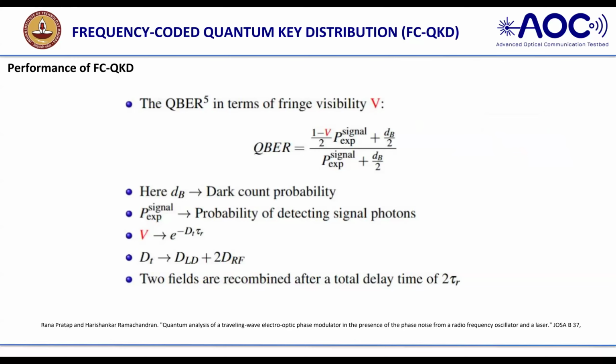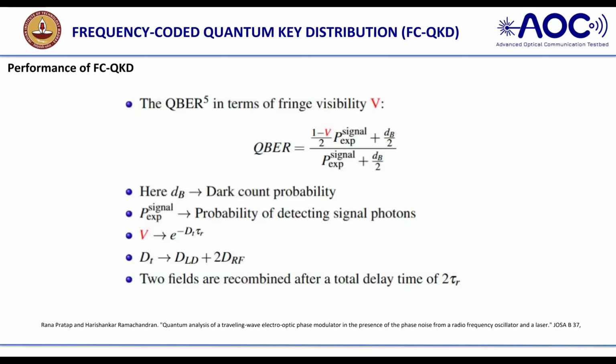And here, what we calculate in the presence of phase noise is this: V is a parameter whose effect comes due to my laser line width, that is DLD, the laser line width, and DRF is the phase noise of the RF oscillator, and this is the signal. If you see the P signal exponent, it depends upon the total number of photon counts at the detector. But if you have a V value here, it means that the QBER value will be affected. If the V value is higher, my QBER will get decreased.